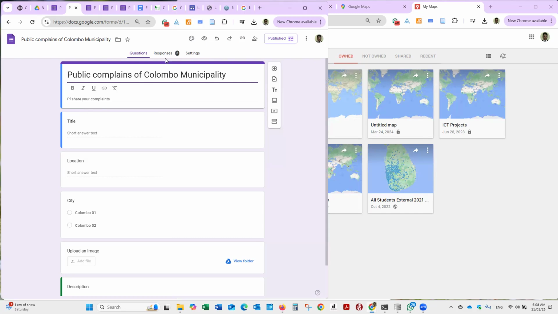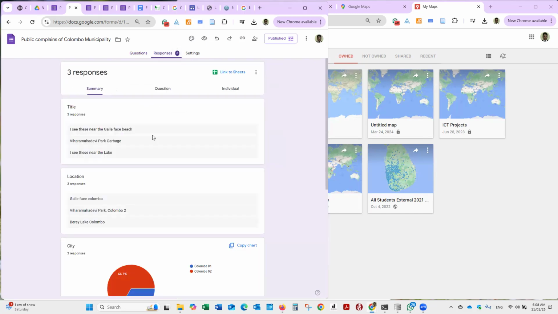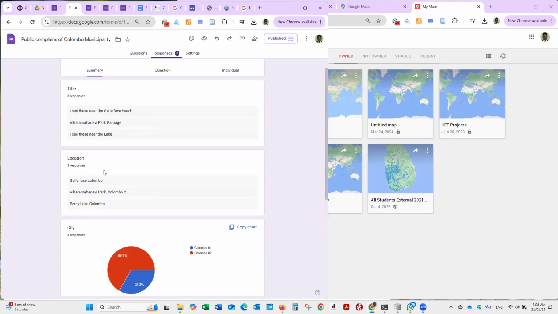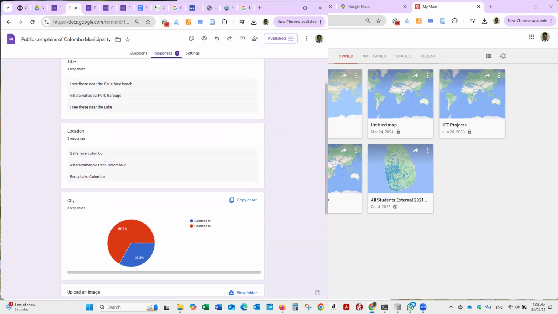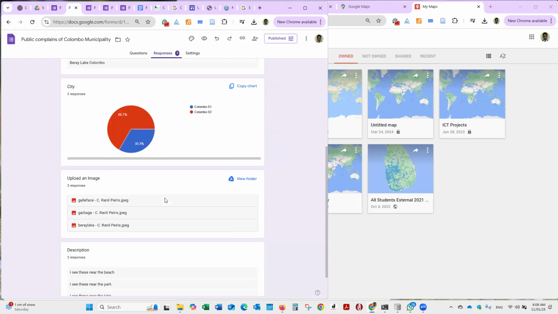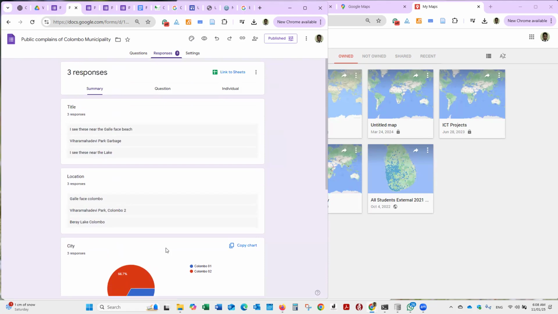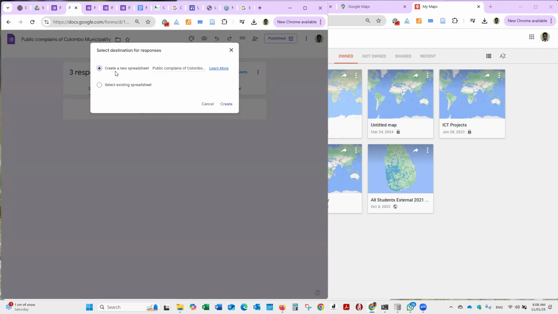Go to Google Forms again. When you click responses, now you can see responses in this view. You can see how many responses and also the locations and the city, some statistics and summary, right? Are you in the Google Forms again, right? Then click link to sheets because we want to create a new spreadsheet. If you give a name for your Google form, you can use that one and then click create,